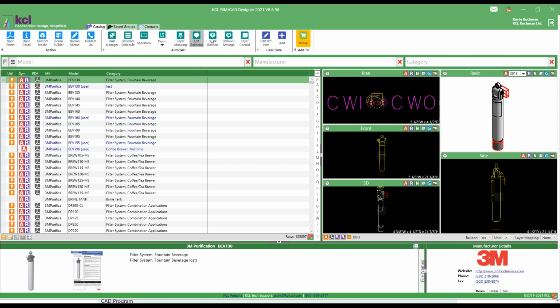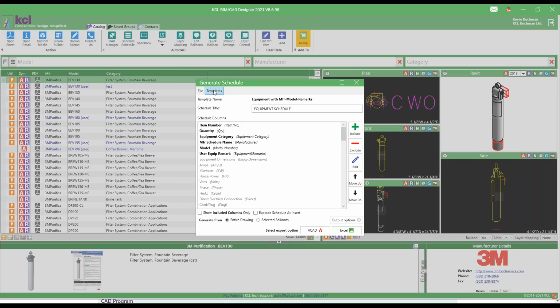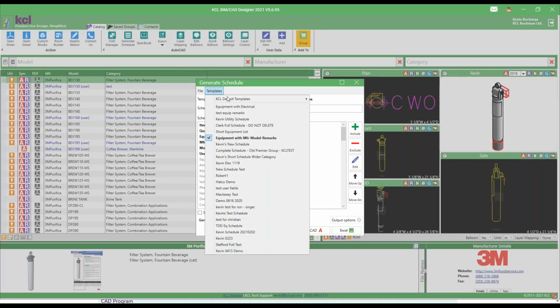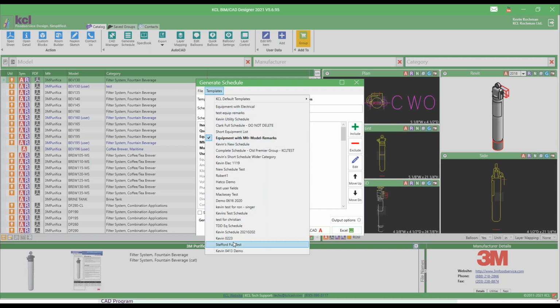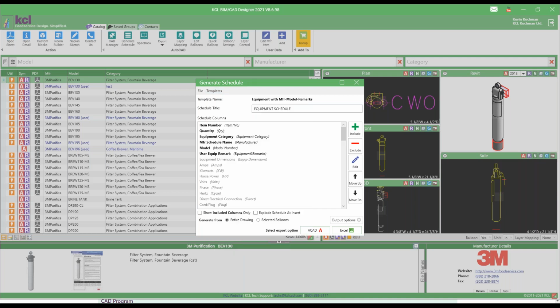So layer mapping, balloons, schedules. Under templates, there's the KCL default templates that you cannot change, but you can create your own templates that everyone in your private library, private cloud will be able to access. So those are a few of the highlights, and hopefully that makes sense. We're going to get into the big part,